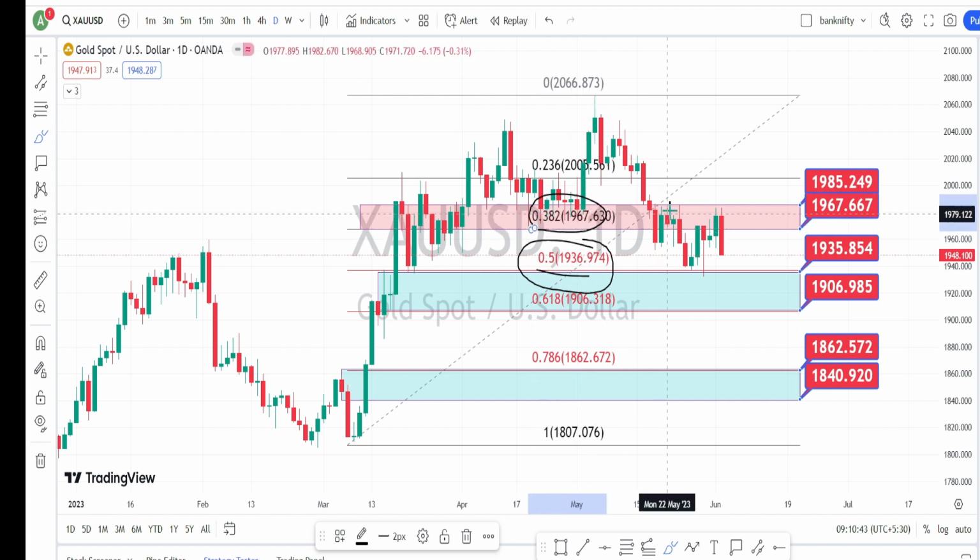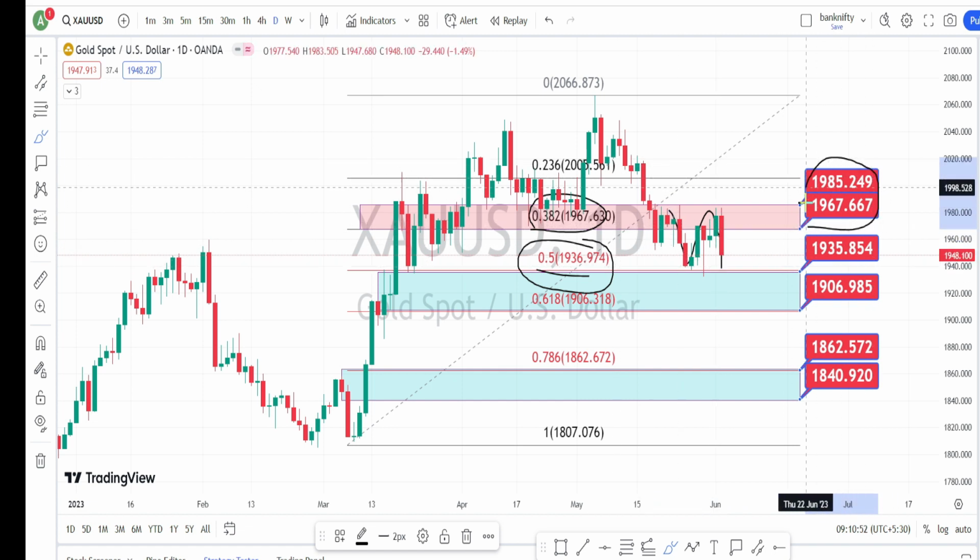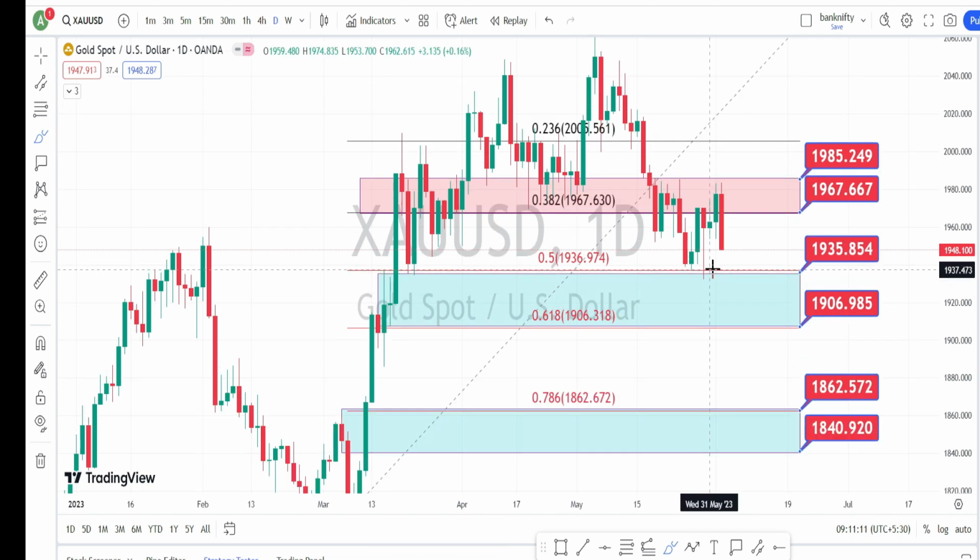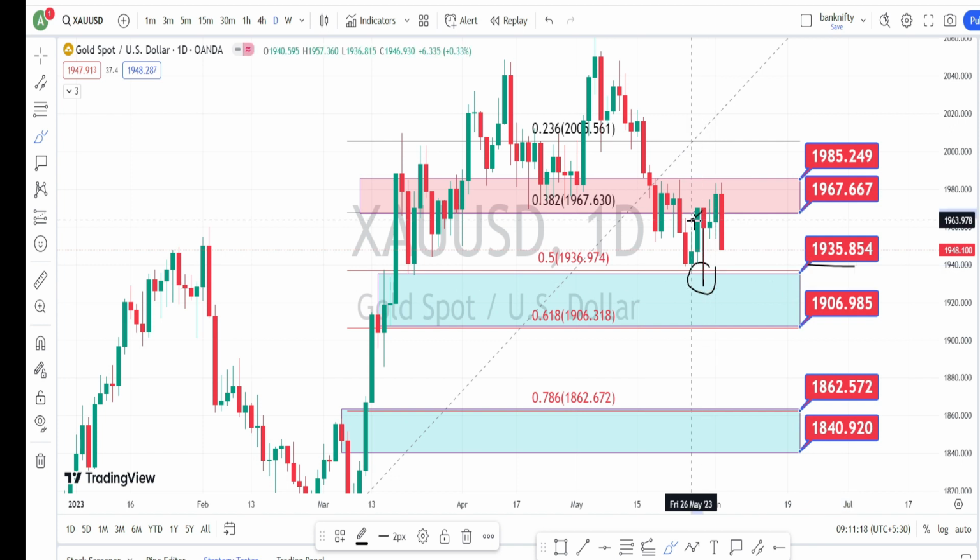level. And we can clearly notice that the price is consolidating within this resistance zone between 1985 to 1968 and support zone between 1935 to 1906. Previously, we had noticed the price action to test this support level of 1935 and to make a bullish side bounce back, and after testing this resistance level of 1985, which was a previous resistance zone, we can clearly notice